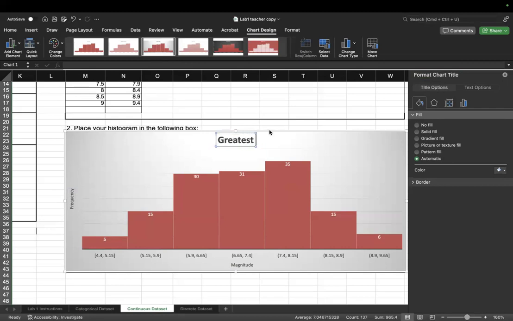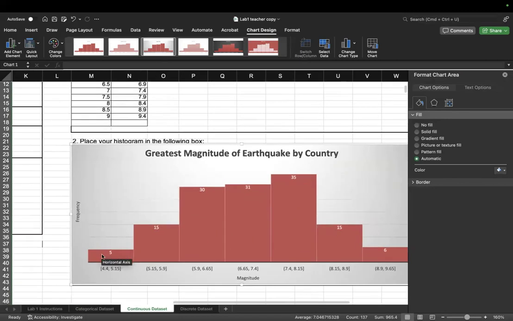Greatest magnitude of earthquake by country. There we go. So now I have my titles here. Now I'm going to mess with my bin widths because this isn't what I want. I want 0.5. So I'm going to double click on that